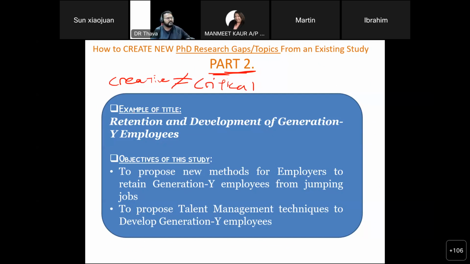Okay, example, this particular topic looking at retention and development. So you got retention and